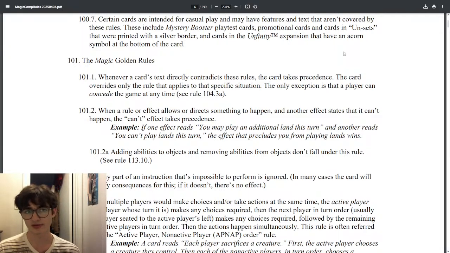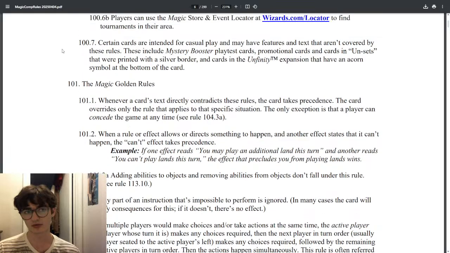So this rule basically says you're allowed to do it if you are aware that you're allowed to do it. For casual play, it may have features and text that aren't covered. I don't know if there's any one rule. Maybe we'll find it in the golden rules, but I don't know if there's any rule here that says if you're playing casually, you may disregard any of these rules.